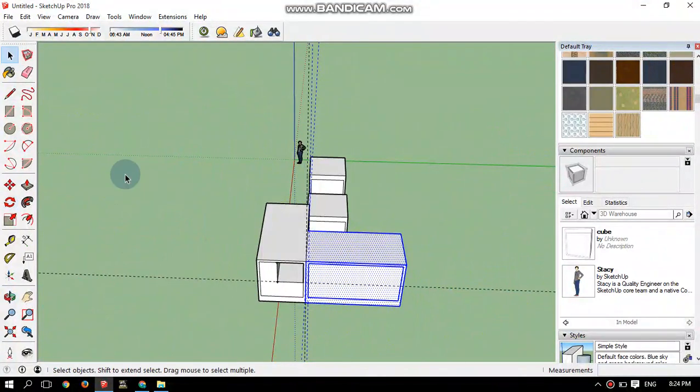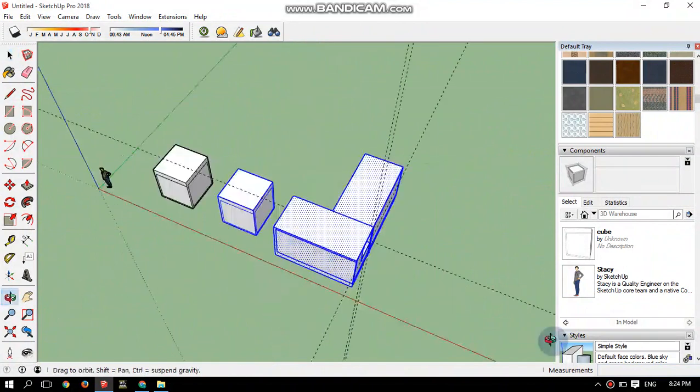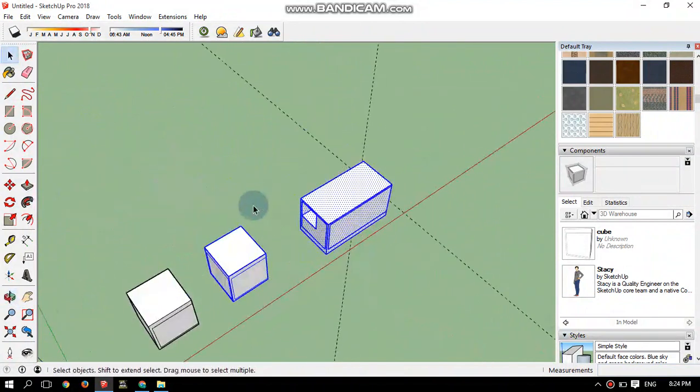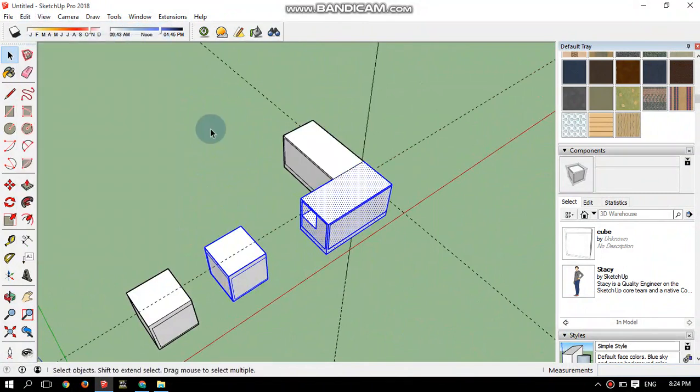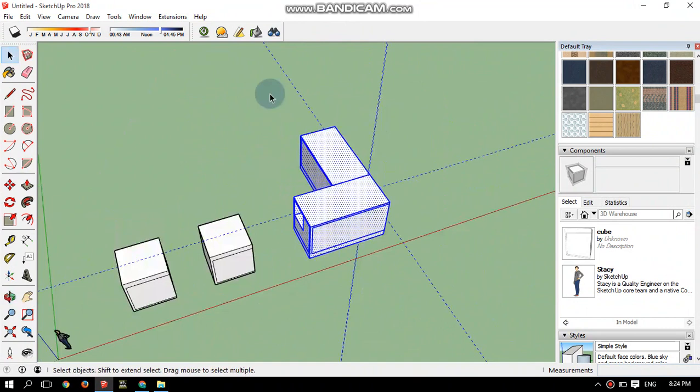Now suppose the whole part I have to copy at some other distance. Suppose I have to copy here. I will select everything. As you can see, I will select this part. I have to rotate it at a farther distance.